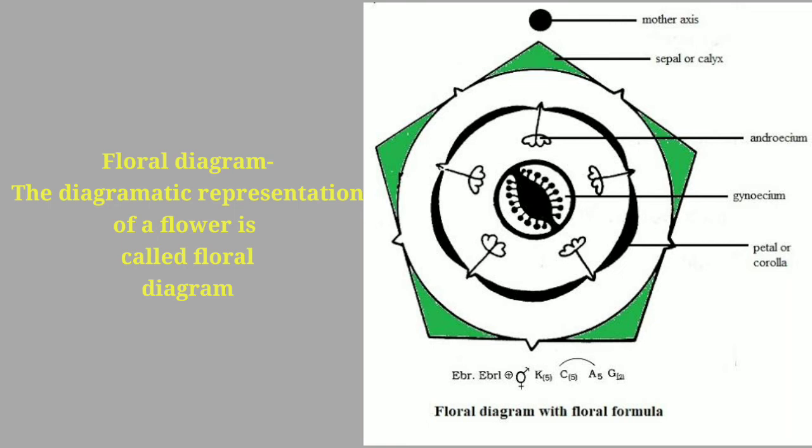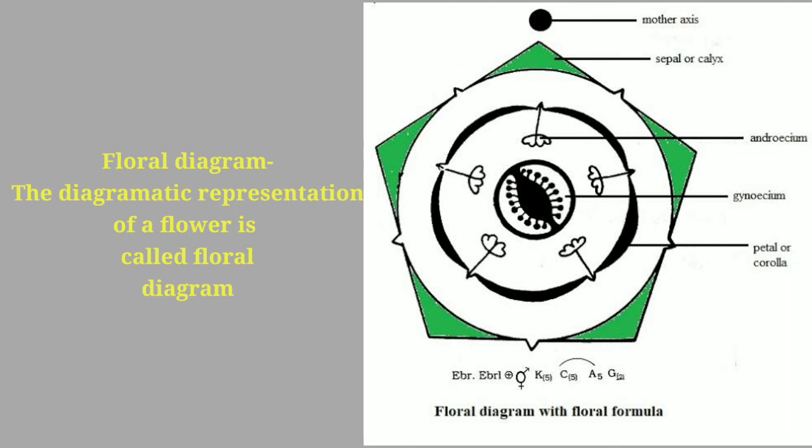Then comes the second whorl, that is the whorl of the corolla. Here the number of petals is 5. Here also the estivation is valvate. As you know, what is the valvate estivation? All the ends will be uniform with each other, so they will lie in the same line. So corolla, petals 5 and they are gamopetalous. Therefore, the ends are joined there.